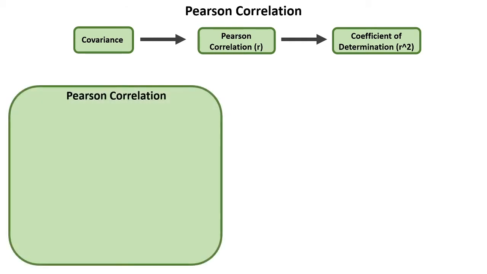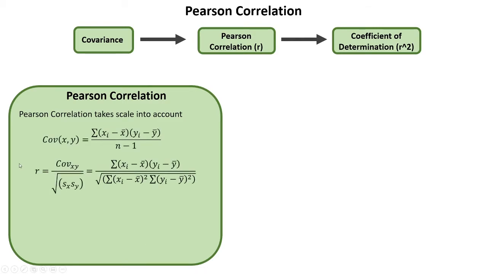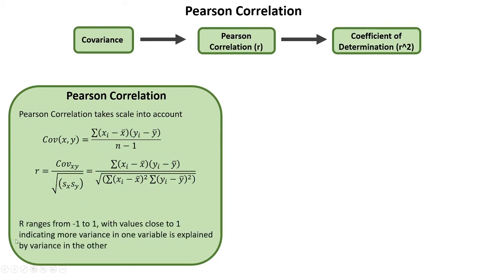So that's where Pearson correlation comes in. Pearson correlation takes the scale into account. So if this is your covariance, your Pearson correlation is going to say, all right, I'm going to take that covariance and divide it by the square root of the two variances multiplied together, the variance of x and the variance of y. And what this is essentially doing is scaling the covariance for the variances in x and y,